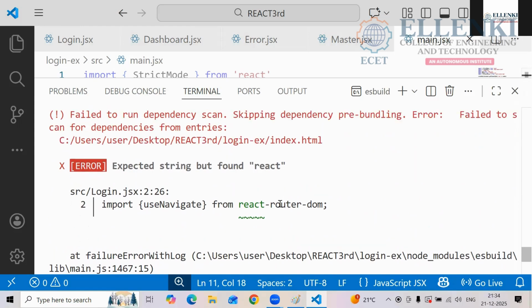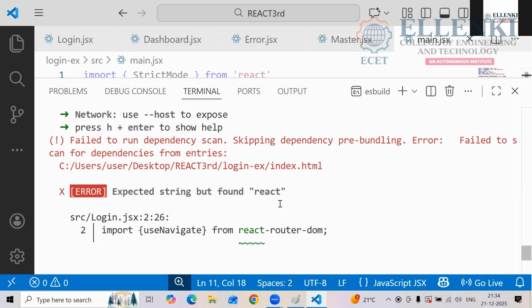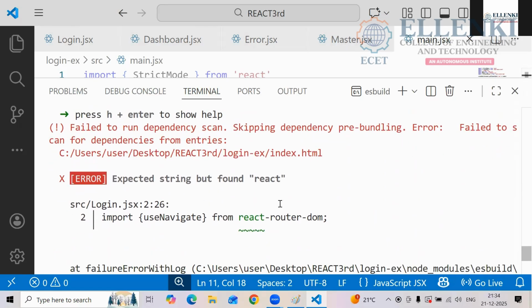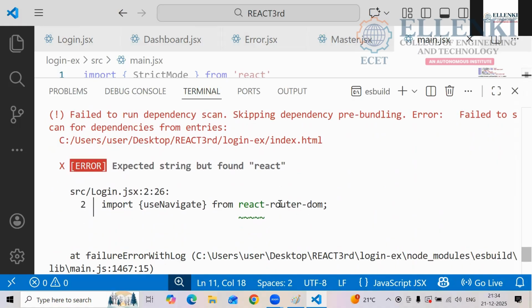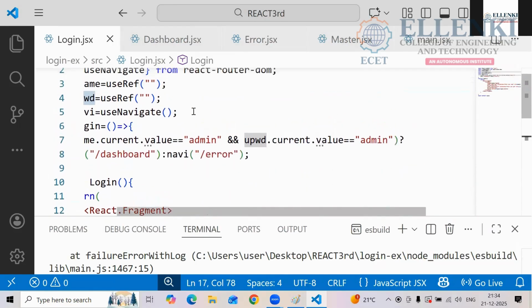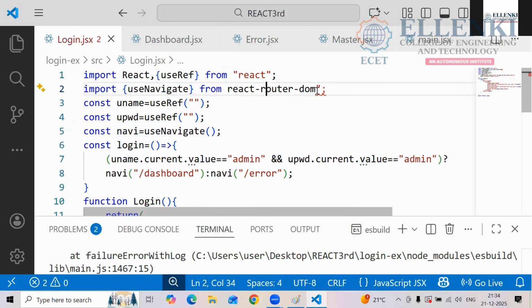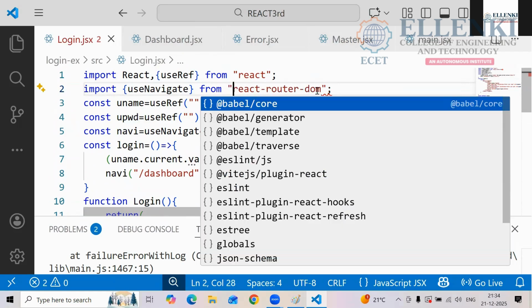Expected. Failure to run dependency. Where? What? useNavigate. Where did we use this useNavigate? Yes, this only, no, we did. react-router-dom only we did, no. So the curly braces, this one you have to use, I think so. react-router-dom.